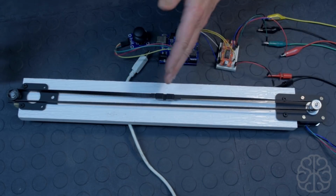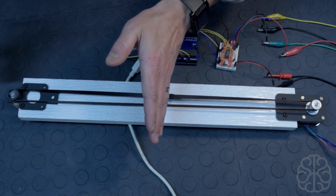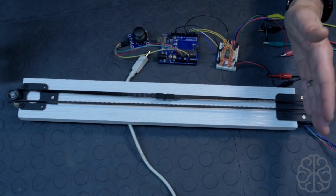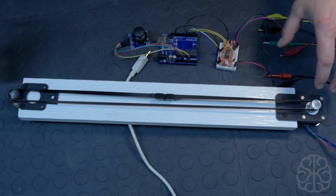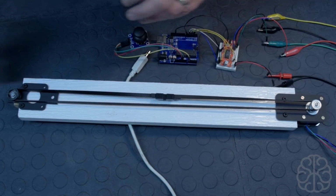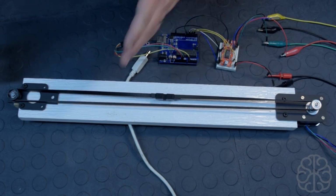And that's the way that CNC machines and laser cutters and stuff like that do their homing at the beginning. Basically they start moving until they hit a switch, and that tells it that this is the limit it should go to. Now, we didn't put any of these in here to make it simpler, but you could do this code and then add some limit switches to your own project,